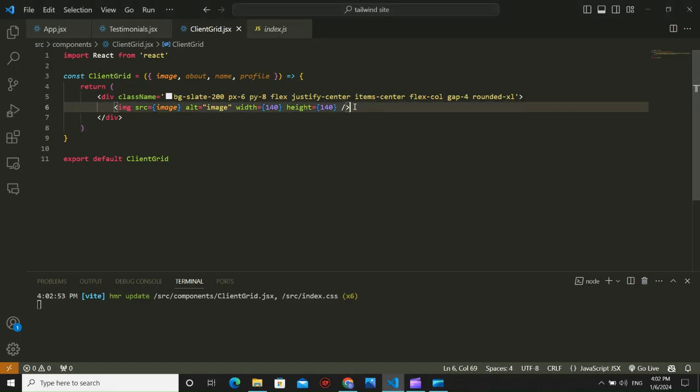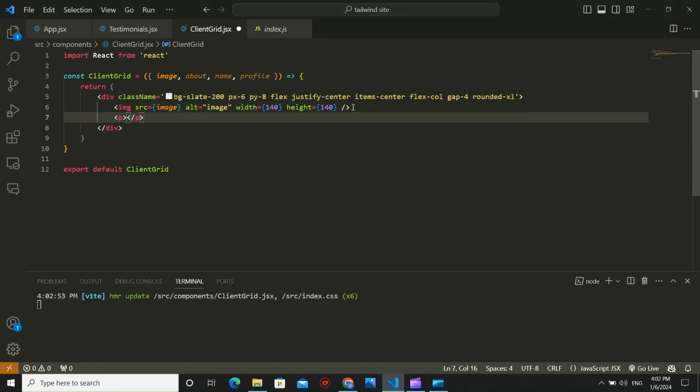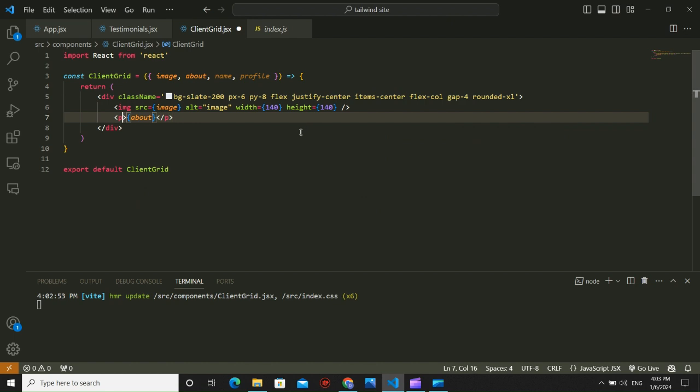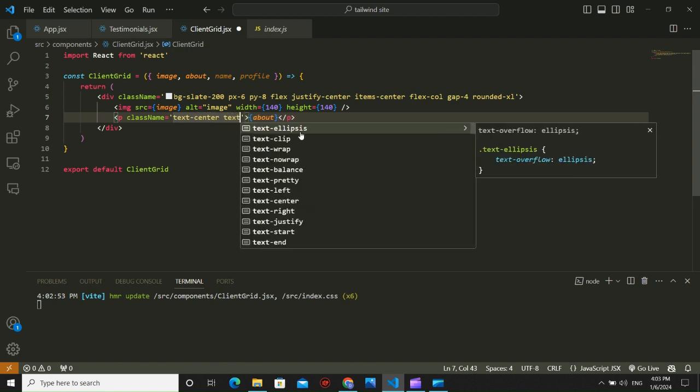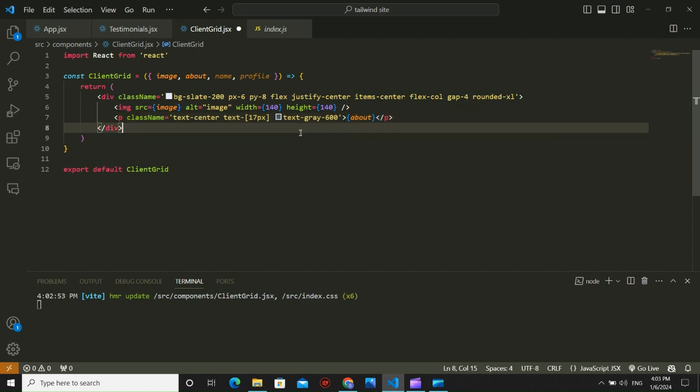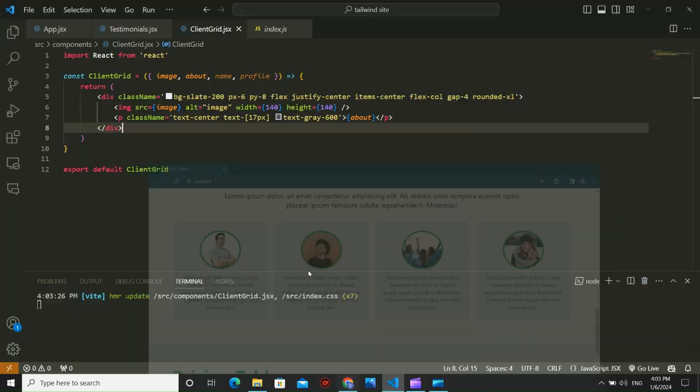Now we have to go p tag, and here let's write about, and inside this I'm gonna give the class name of text center, text 17 pixel, text gray with 600. Okay, then